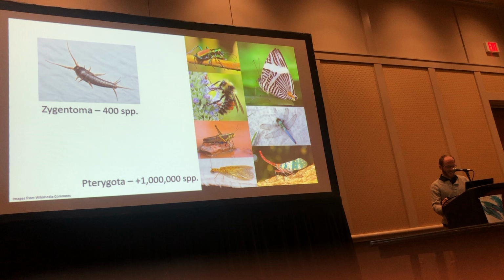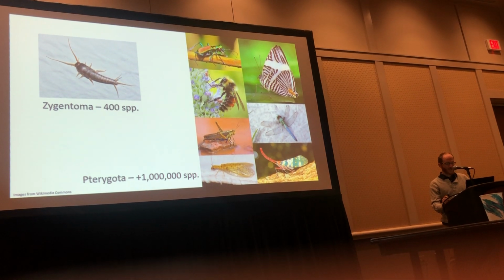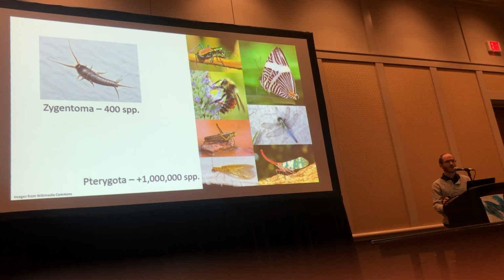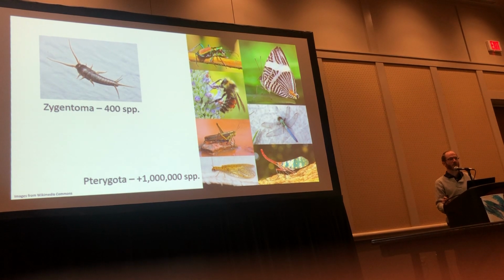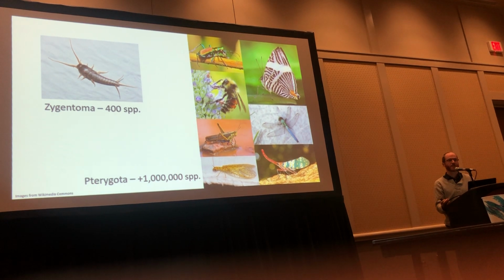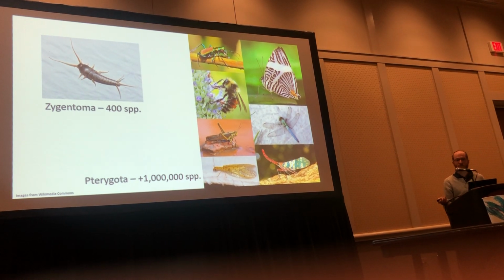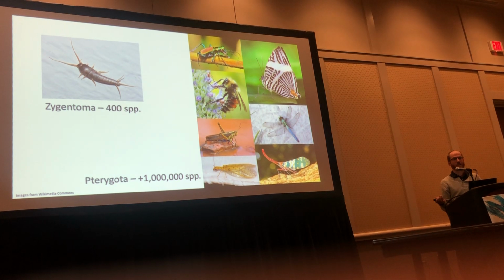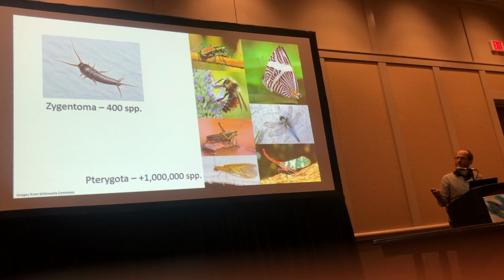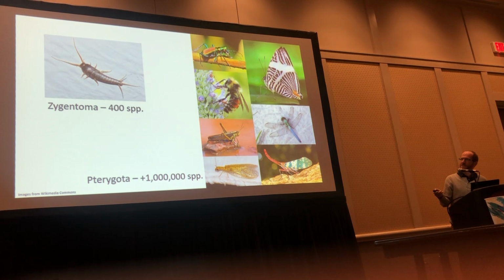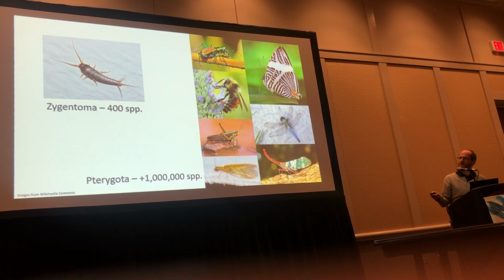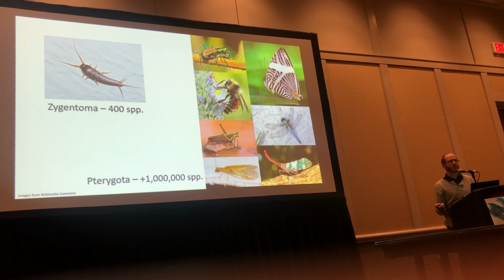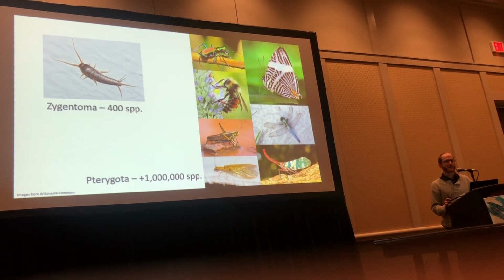So I shouldn't need to convince anyone in this room, being in the macroevolution section, that among clade comparisons can allow us to disentangle and perhaps shed some light on evolutionary processes generating biodiversity, especially when we compare across clades that may differ greatly with regard to their diversity, either the number of species or the morphological diversity of those species, right? So something is going on when we compare this sister lineage here, Zygentoma with about 400 flightless species, to Pterygota, their sisters, which have well over 1 million described species, right?